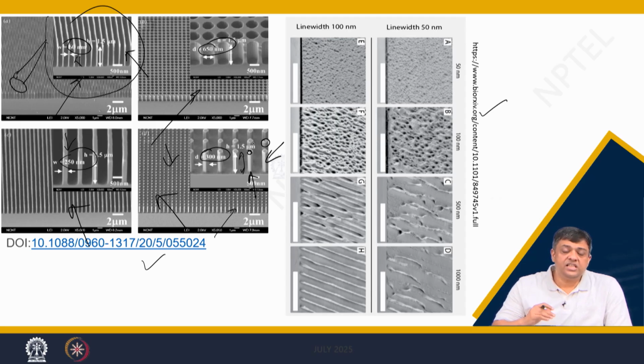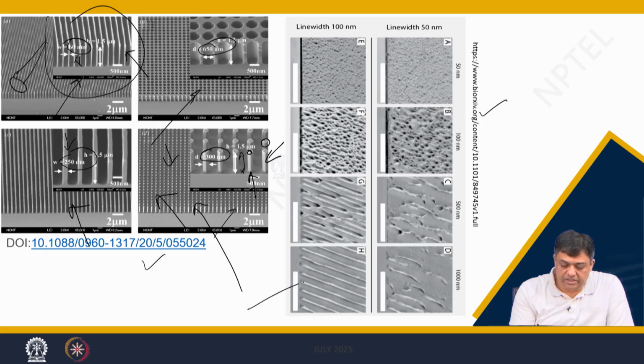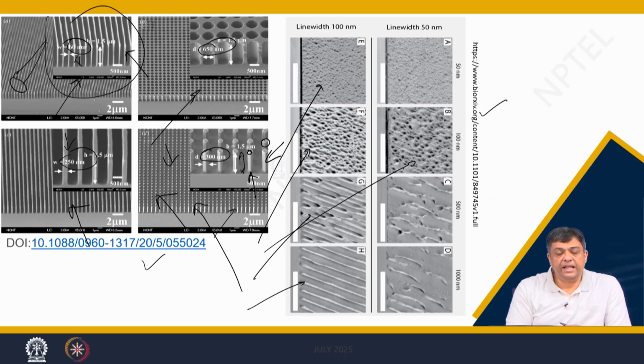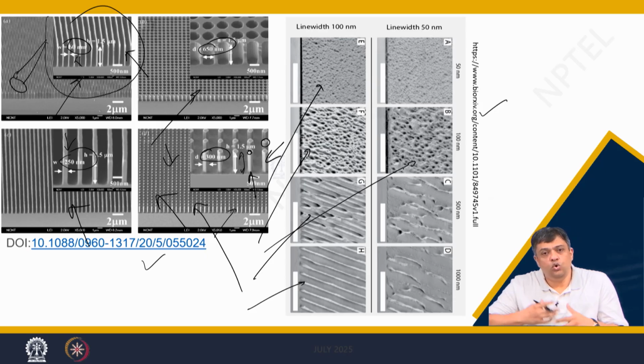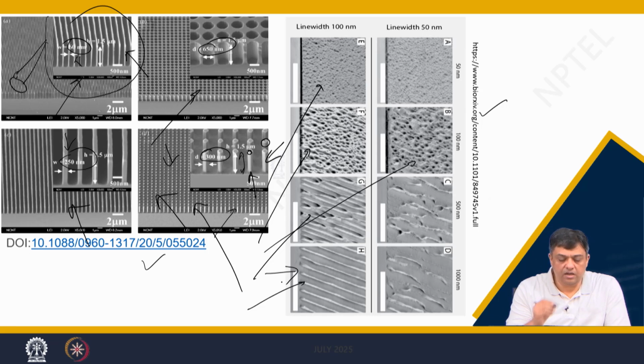As I said, it is a top down approach. So, that means you have a substrate on which you have the material on which you want to obtain such kind of patterns, and then you perform certain steps so that you finally reach the desired pattern which is planned or aimed at the initial point of the work.